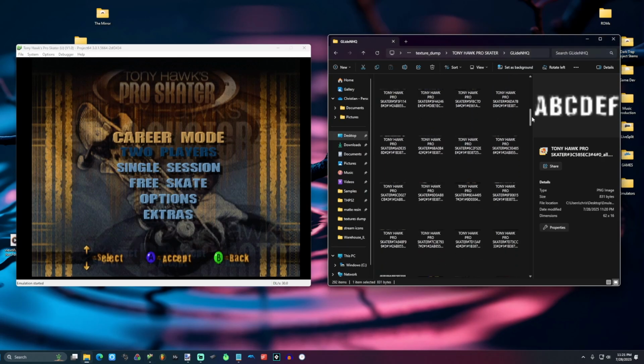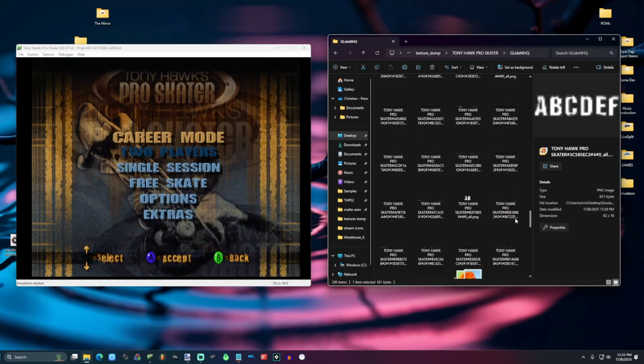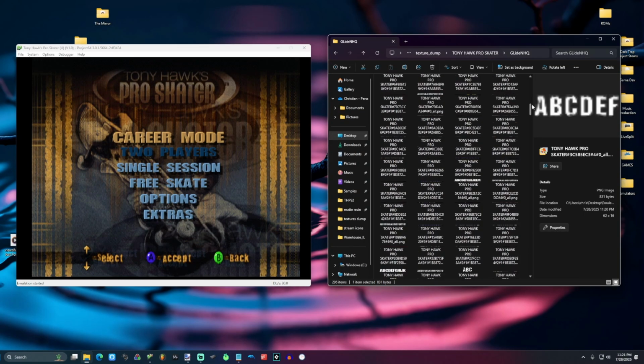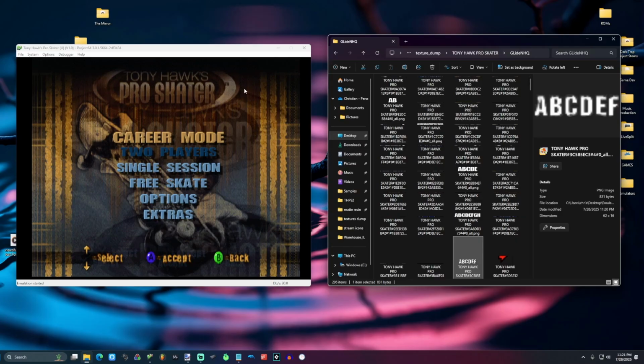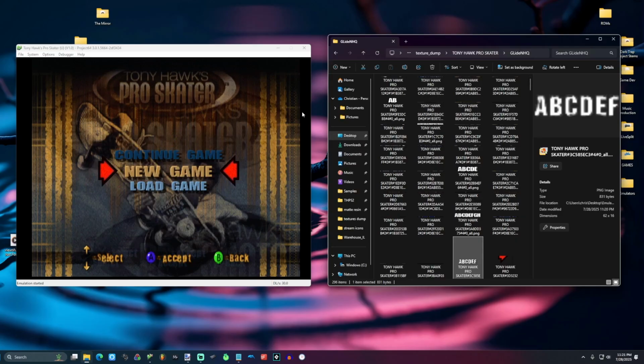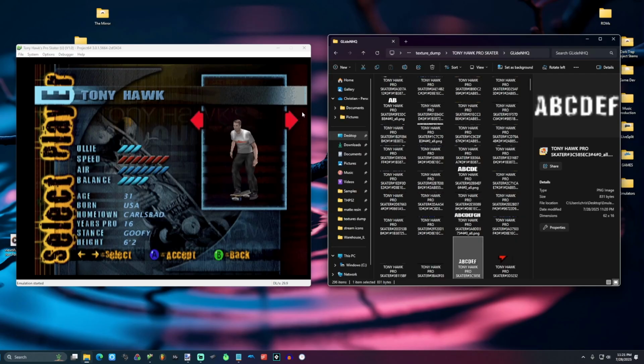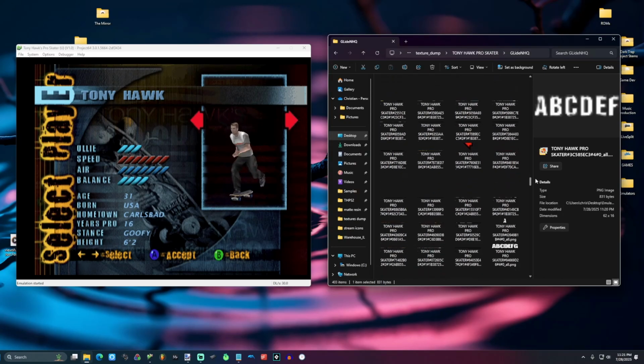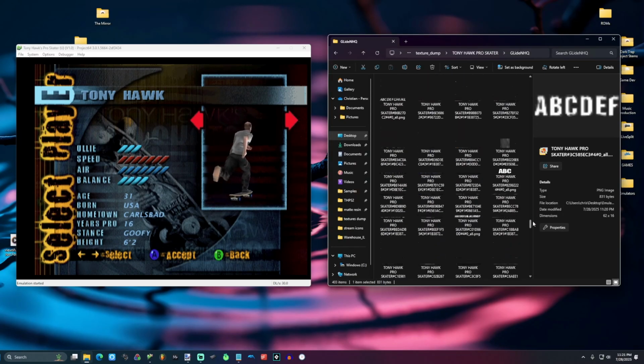So you can see this folder here for dumping is starting to be populated with all kinds of stuff, with slices of the backgrounds. Now we're loading the skaters into the dump folder.